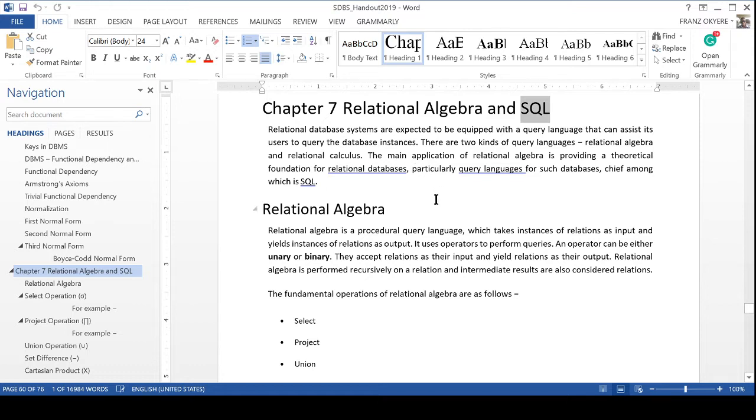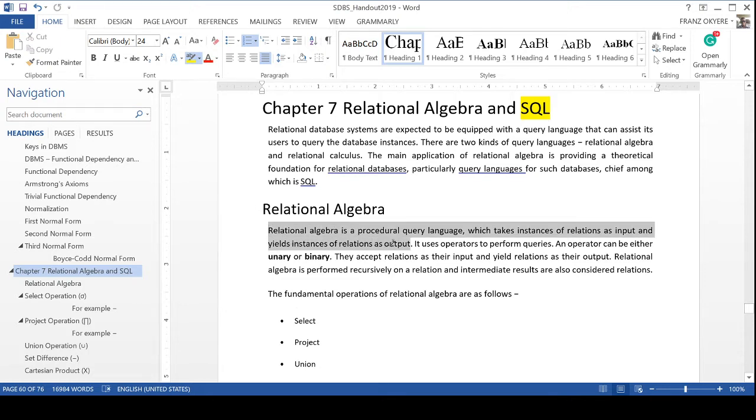All right. So we search through, we query databases, but we need to have relational algebra behind our mind. Why? Because we're trying to extract data, but it has to be in a very logical way. And because tables have been broken down into relations, that link is very important to recognize. So we need to appreciate what relational algebra is. Relational algebra is a query language. So relational algebra is what? A query language.